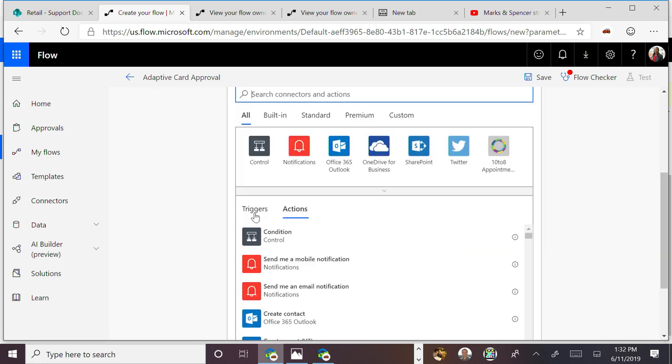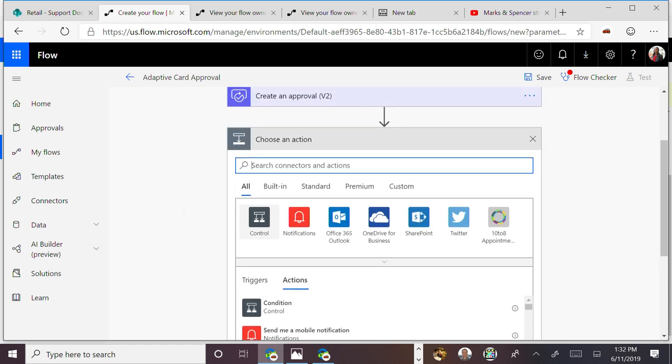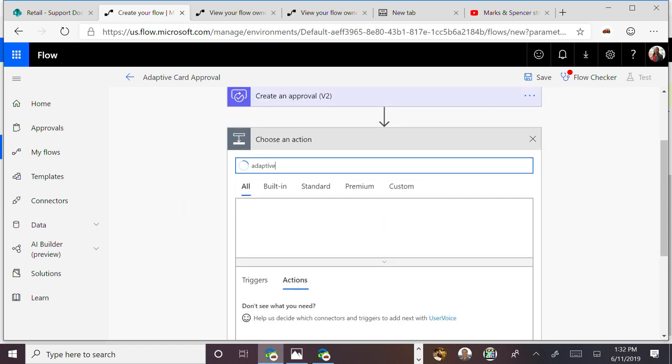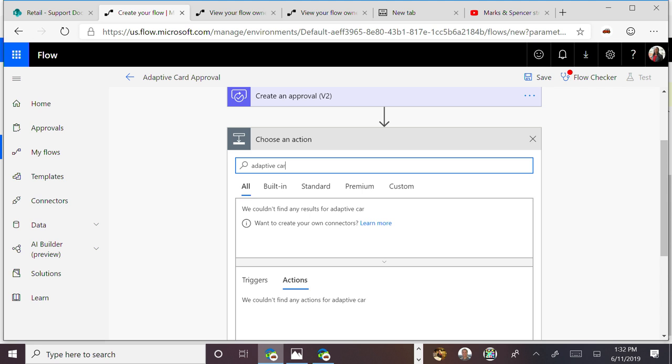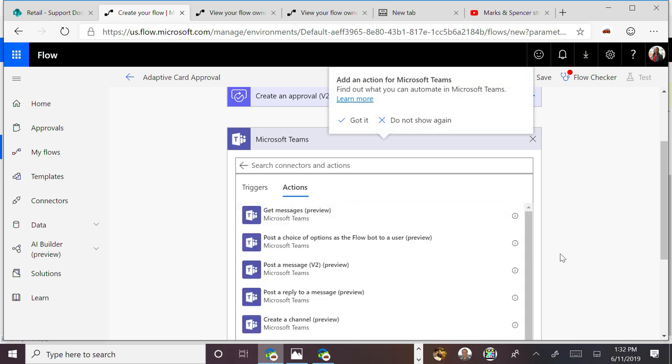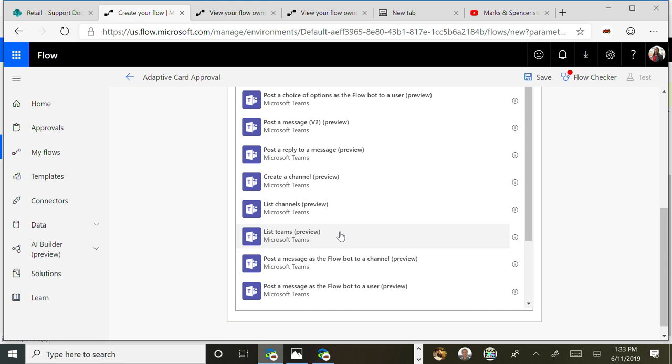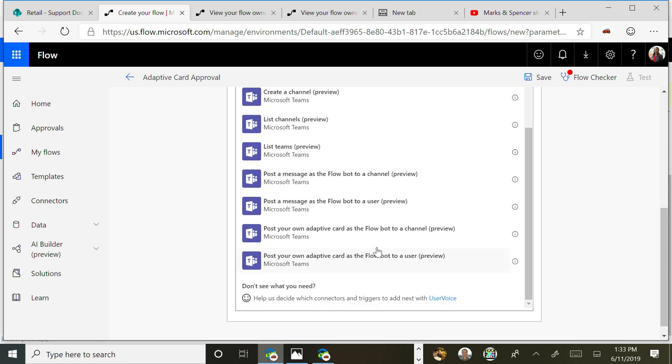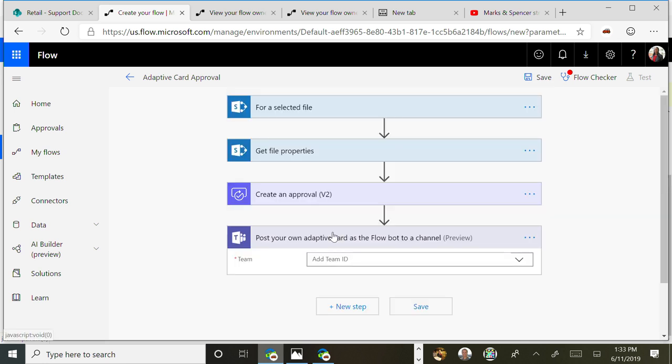Okay, we created an approval, and the other thing that I want to do is I want to post an adaptive card. So I can do this inside Teams. And one of the things you'll see is post your own adaptive card as the flow bot to a channel or to the user. So let's post this into a channel.